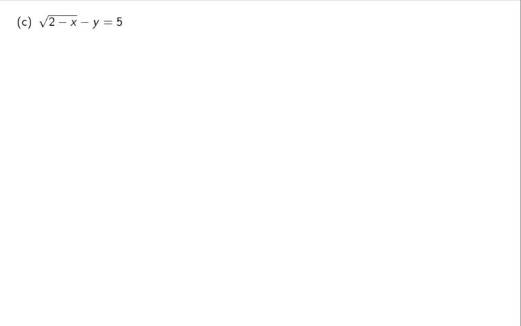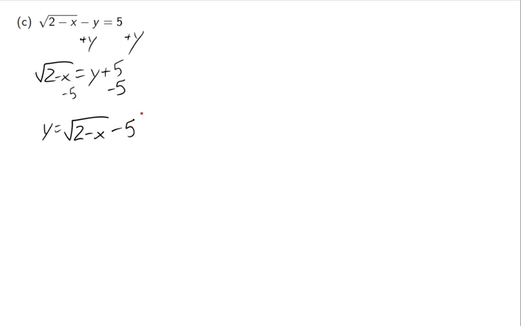Next example. If I want to solve for y here, let's just add y to both sides first. I get the square root of 2 minus x is equal to y plus 5. And then if I subtract 5 from both sides, I get y equals... Now this is where people mess up sometimes. I'm not going to subtract inside the square root. The square root is hanging out by itself. It's not a like term with that 5. So I get the square root of 2 minus x